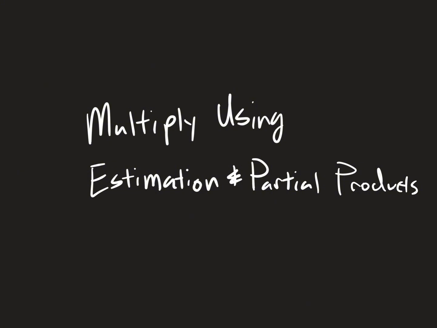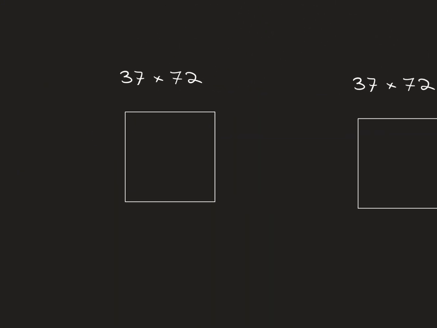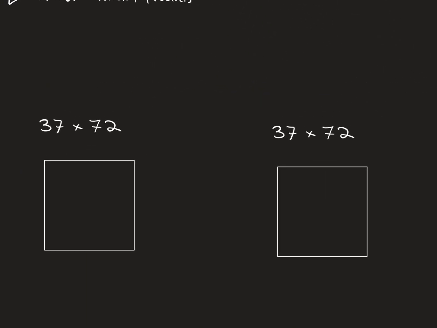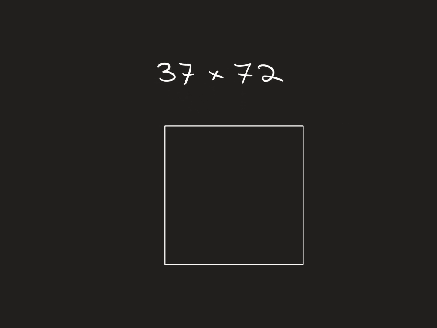So sticking with our partial products boxes, there's a couple different ways that we can solve or reasonably estimate a product of two numbers. So I'm going to have them side by side, but we'll focus on one strategy first. With this one, we want to round to the nearest tenth. How we do that, we want to look at our tens spot, and we want to